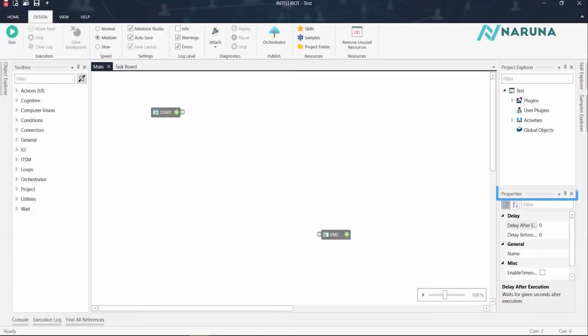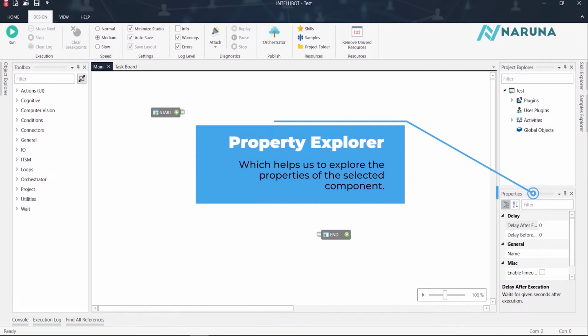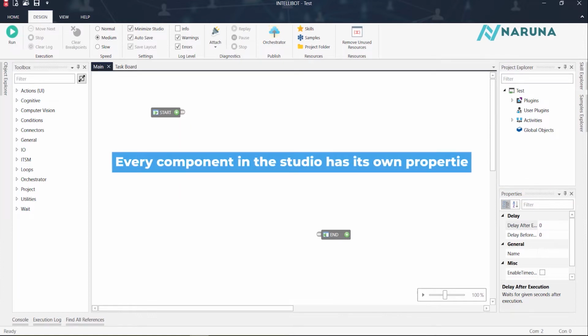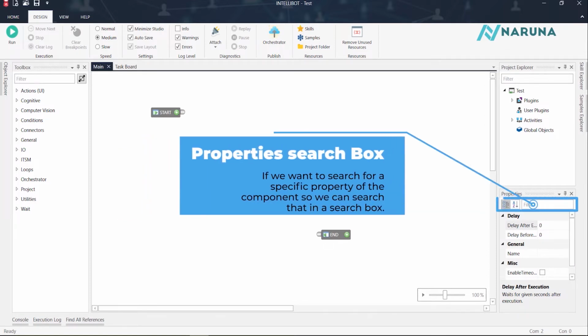The box marked in blue is the Property Explorer, which helps us to explore the properties of the selected component. Every component in the studio has its own properties. Double-click on the component to set a value to the delay after execution and delay before execution, which is available in the Properties tab down to the Object Explorer. If we want to search for a specific property of the component, we can search for it in a search